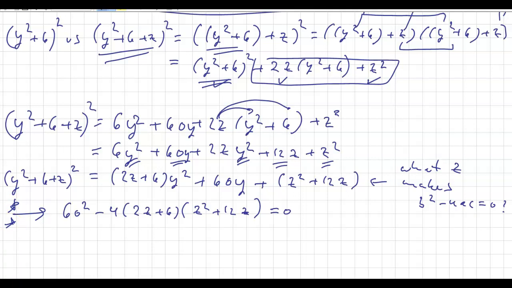That's just to figure out what the magic z value is, because no matter what z is, the left side is going to be a perfect square trinomial, but there's a perfect z that will make the right side a perfect square trinomial also. And if you take this equation, this one,